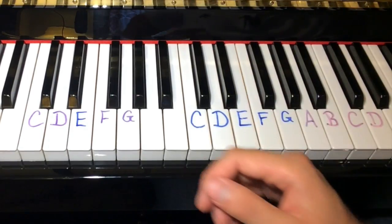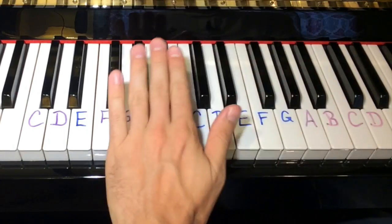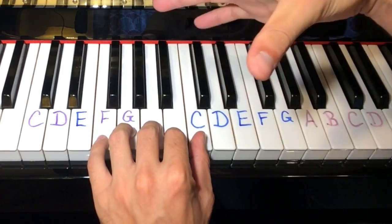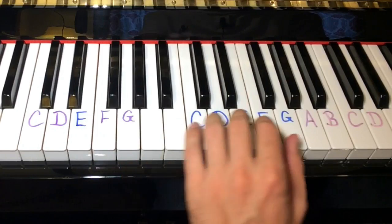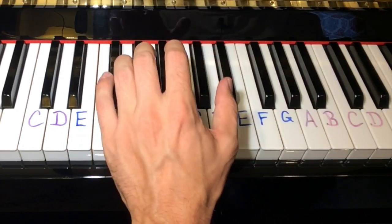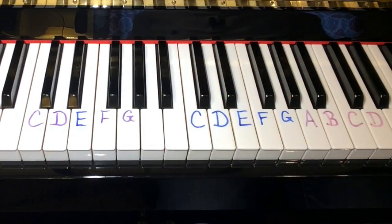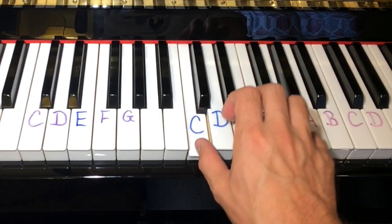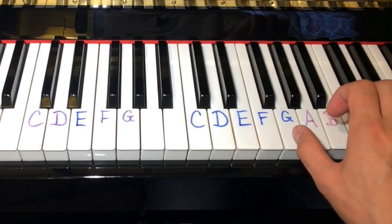Now when I'm doing fifths, I'm just thinking about what my thumb is doing because my hand is already spaced out about the distance of the keys. If you're very young and your hand isn't full size, then you're going to have to reach out just a little bit, but not very much. But once you reach out, just lock your hand so it's the same distance, and then when you move it, it'll be easy. Okay, so C5, D5, G5,